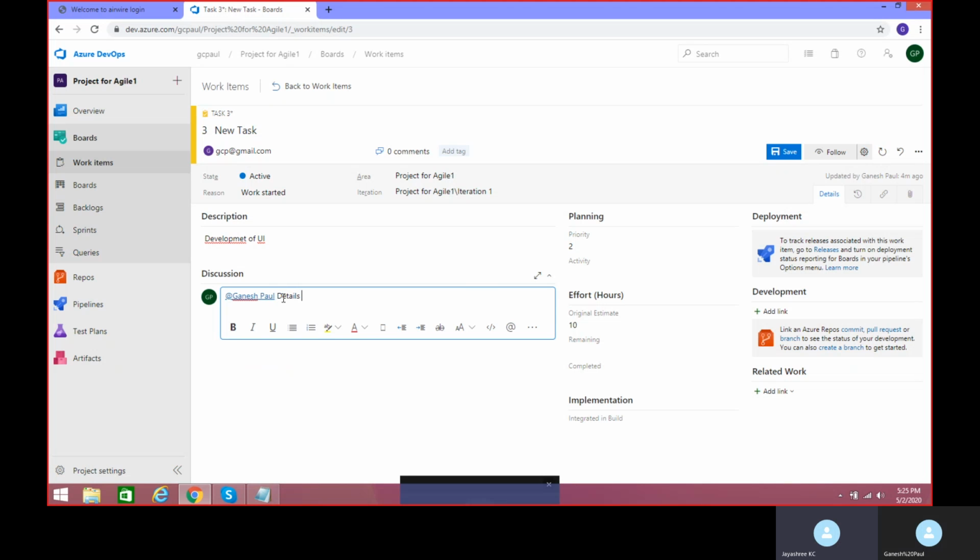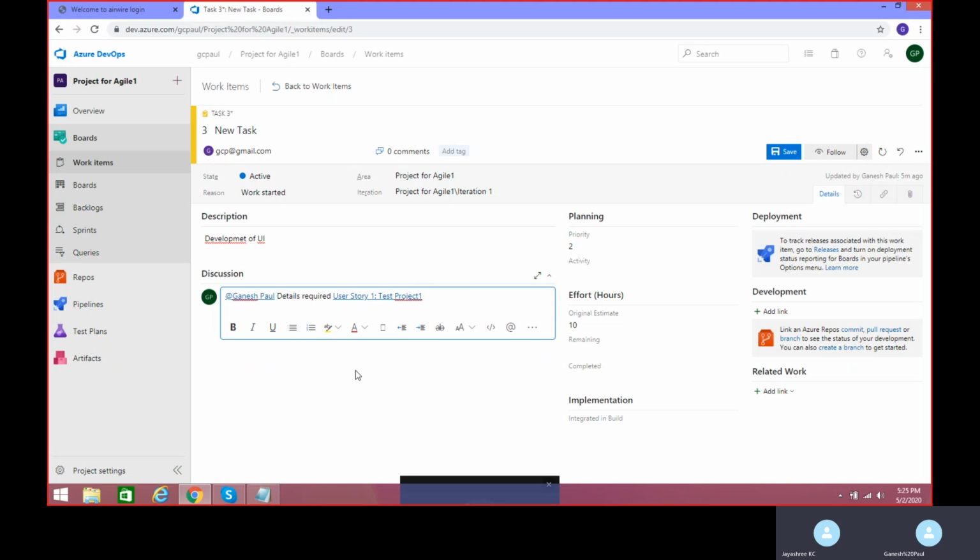If you want to mention the work item, you can go ahead and type in hash. Yes, you can mention for which work item you're looking for the update if it is not the new task. So this will be useful in your production environment because you don't have to go and inform them via Skype or any other communication channel. You can even update it here so that a mail will be triggered whenever you are using the at option.